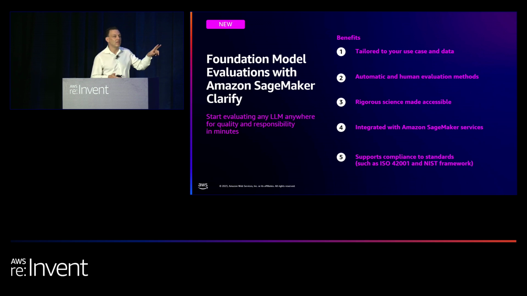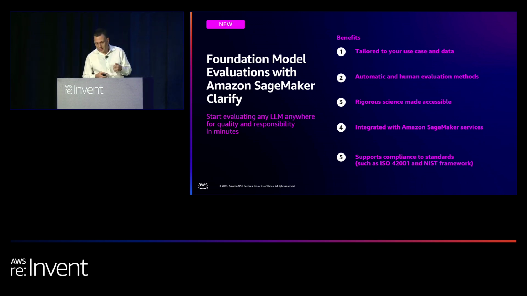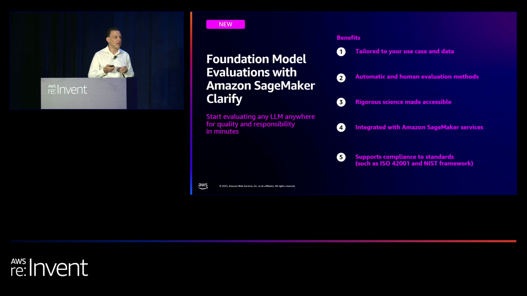And there's two parts of that North Star vision that I want to underscore. The first is quality and responsibility being twinned together. So we intentionally wanted to build an evaluation capability where responsible AI is not a secondary step, is not an afterthought, but something you do at each stage in the ML workflow when working with large language models. And second is to evaluate any LLM anywhere.